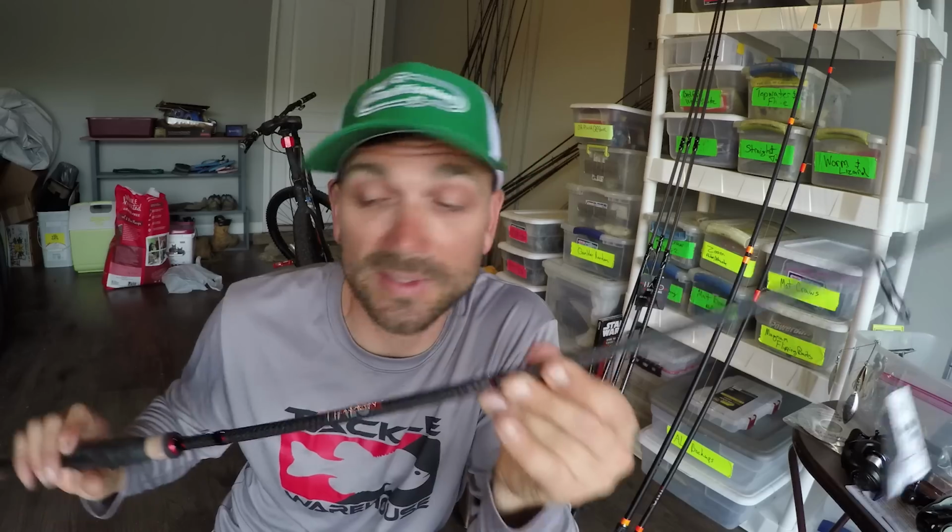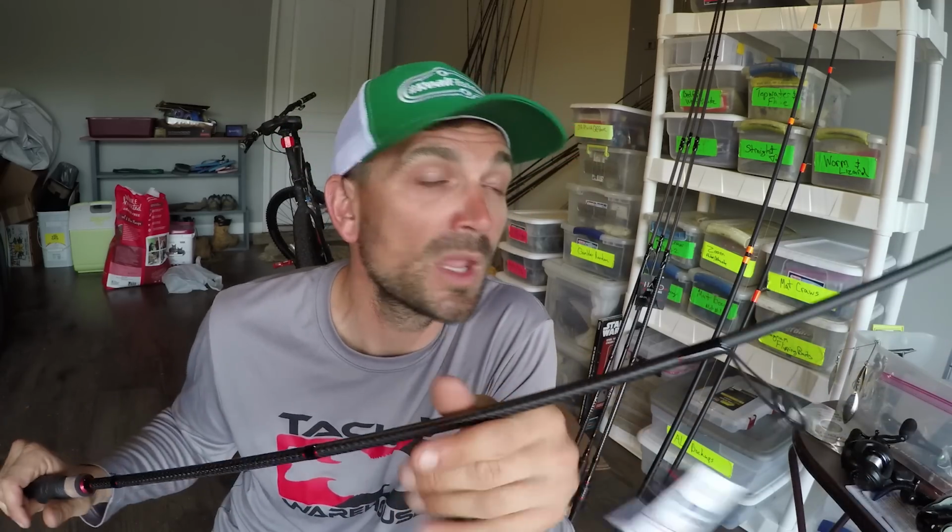Like I said, this is the Halo TI series. This is a 7-foot medium. Now, these guys, in comparison to the Daylite 2, they're going to be